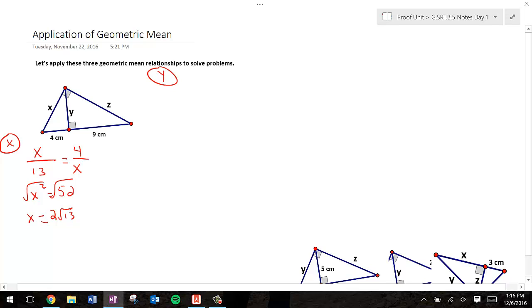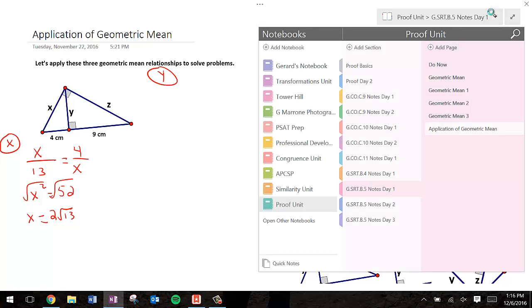It happens to be the short leg of my right-hand one, and it doesn't have any relationship in regards to our larger figure. Right? So we're going to have to utilize something a little different here. So if we look through our options here,